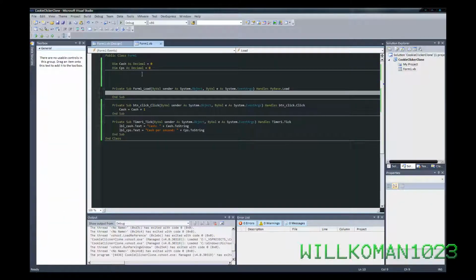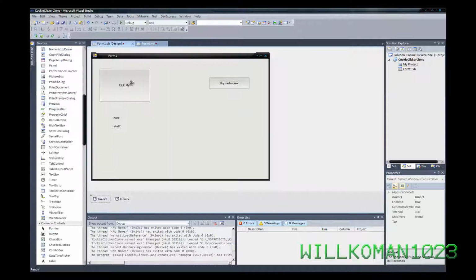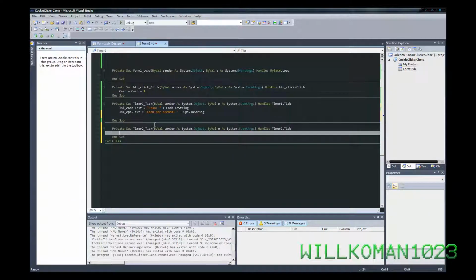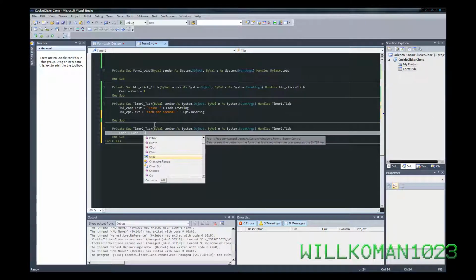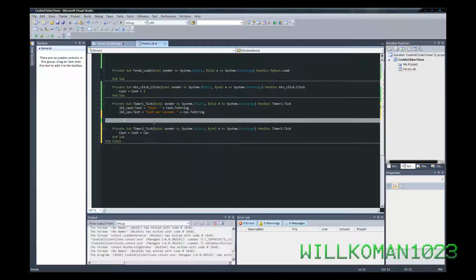But first, let's go back to our code, and inside timer1.tick, let's add... oh, actually no, that's not timer 1, timer 2. And now let's add cache is equal to cache plus CPS. Great. So now, afterwards,